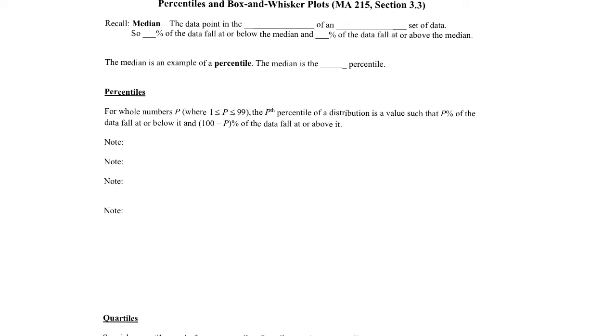Hello stats fans and welcome to section 3.3 of Matthew 15, where we are going to talk about percentiles and box-and-whisker plots. So if you recall, the median